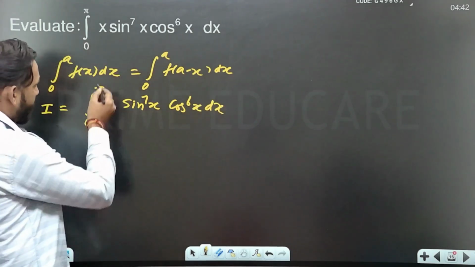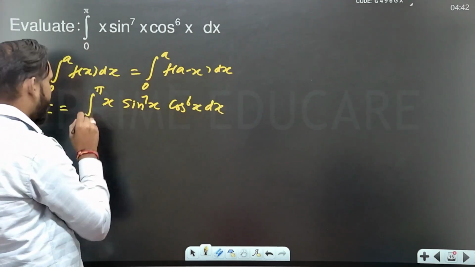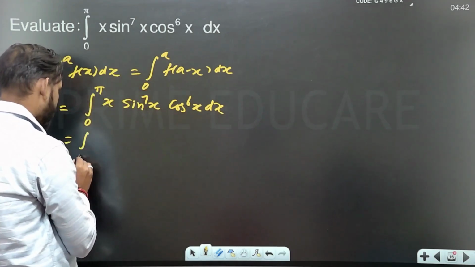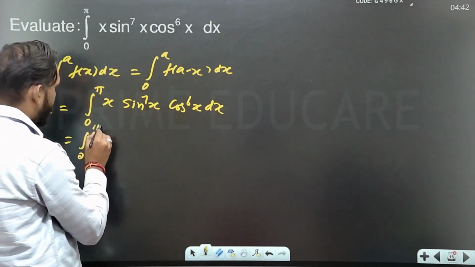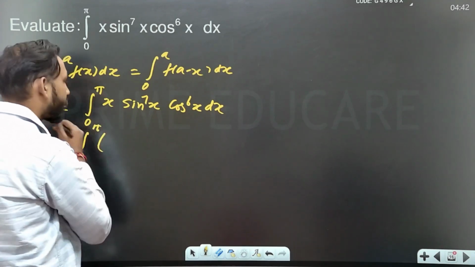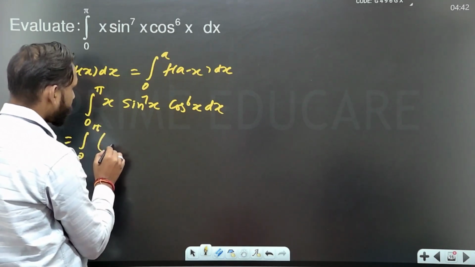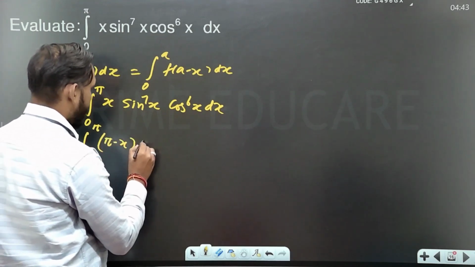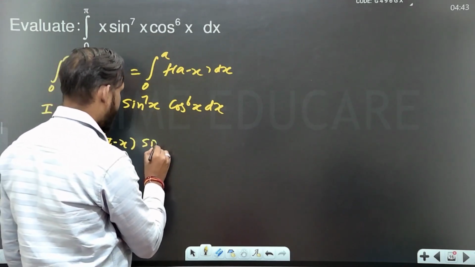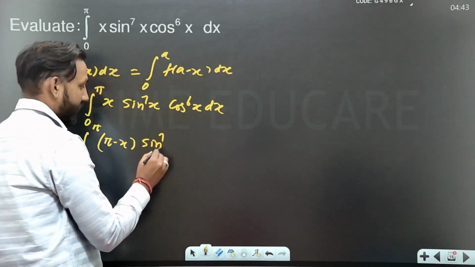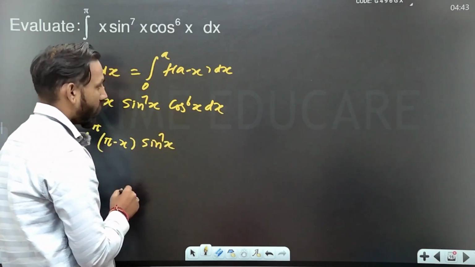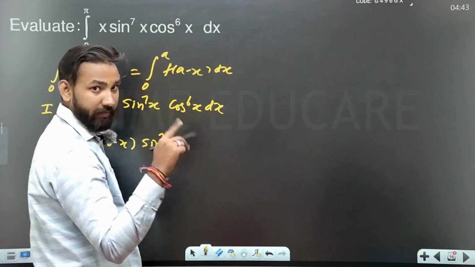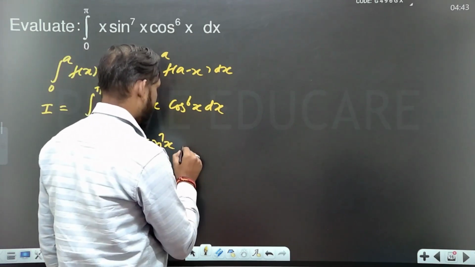Again we write this identity, and the value of a is pi. Then the integral from 0 to pi of pi minus x, sine to the power 7 of pi minus x, which is sine x, and cos of pi minus x is minus cos x, but the power is 6, so the minus 1 becomes positive, and we have